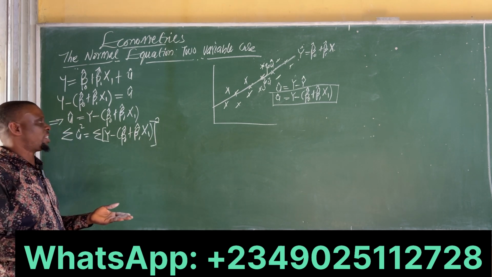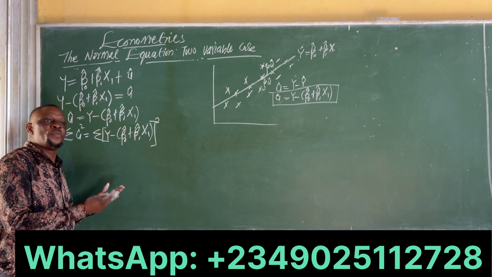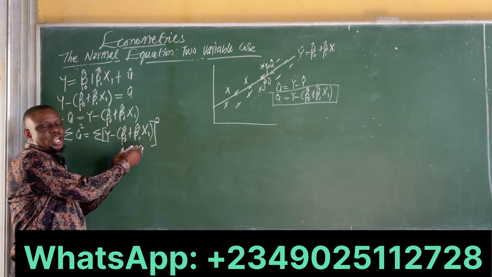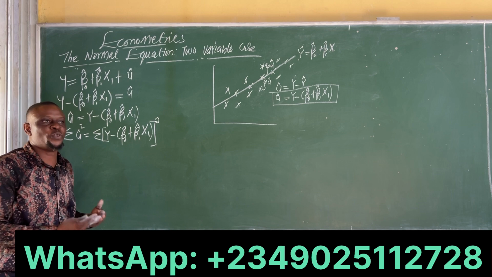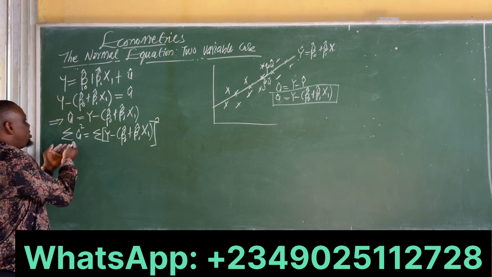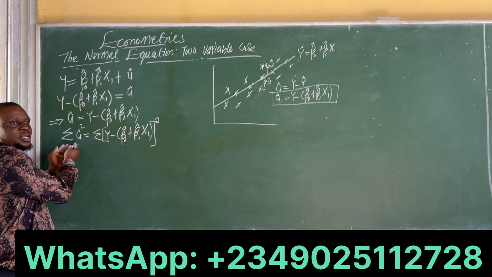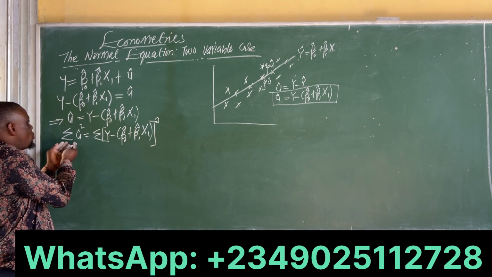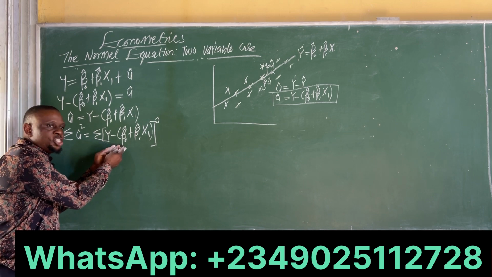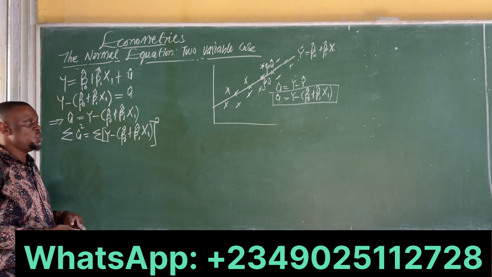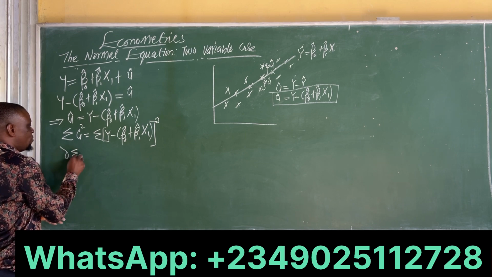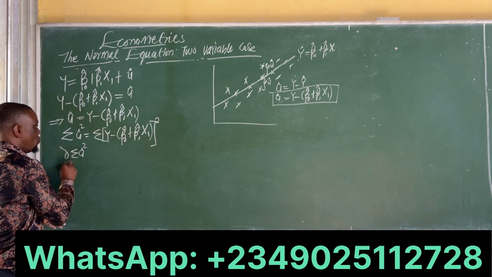Now you must note that our emphasis is on the parameters to be estimated, which is our beta 0 hat and beta 1 hat. So for that reason, we are going to differentiate this, which is known as the sum of square residual. So we are differentiating our sum of square residual with respect to each of the parameters to be estimated. So in the first case, we have the partial differentiation of sum of u hat square